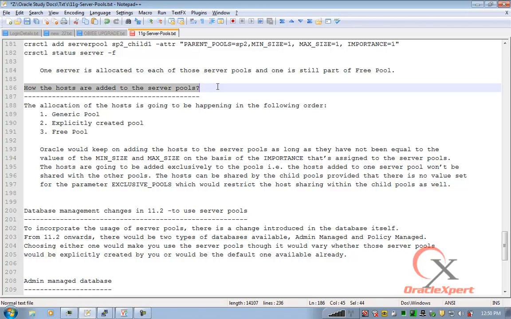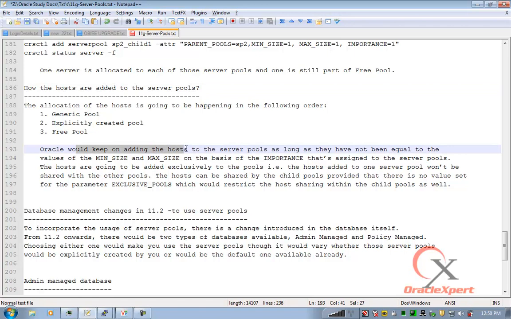I told you, if your database was created with admin managed policies, or if you upgraded from an earlier version of Oracle to 11g R2, you will have the generic pool. Then if there are explicitly created pools like SP1, the servers would be allocated to those pools. If there aren't any more pools left but there are still free hosts, they will all end up in the free pool. Clear? So all of the remaining ones will go to the free pool.